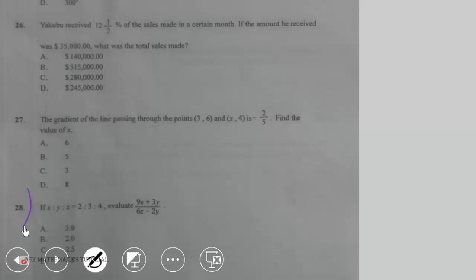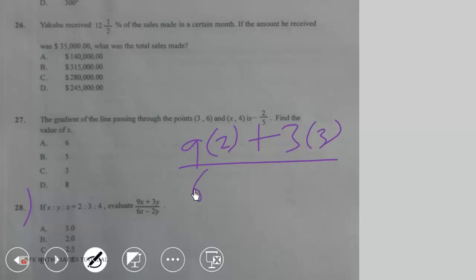We have question number 28. If x is to y is to z is equal to 2 is to 3 is to 4, evaluate 9x plus 3y over 6z minus 2y. So you can put x equal to 2, so you have 9 times 2 plus 3 times y. Y will be 3, all over 6z. So z is 4. Then minus 2 times y. Y is 3. So that will give you